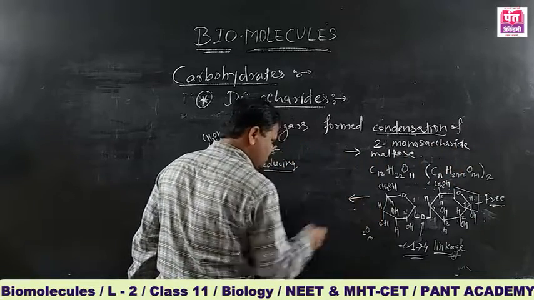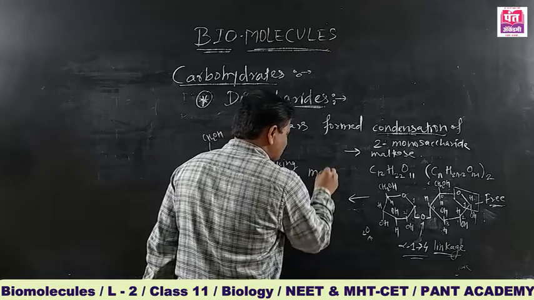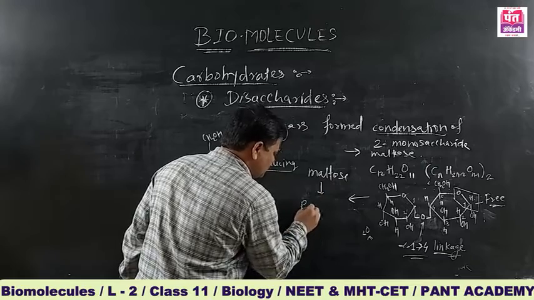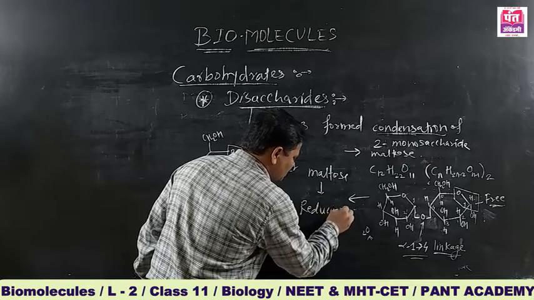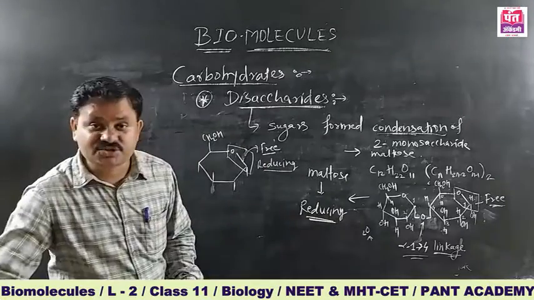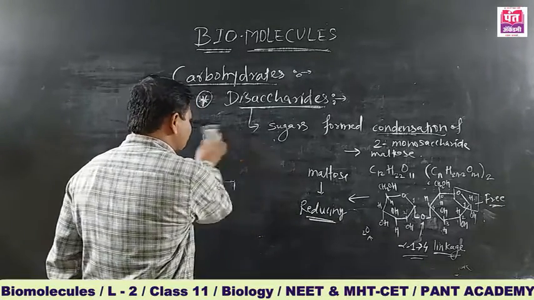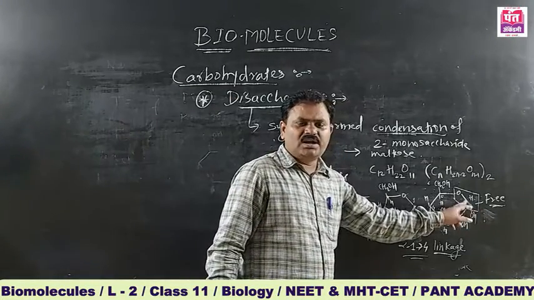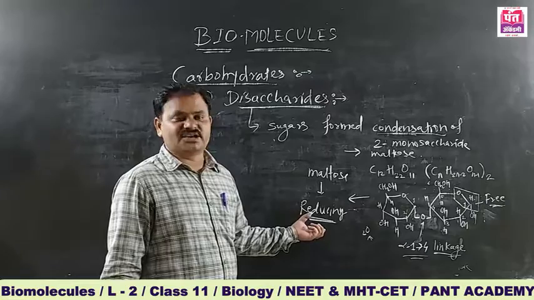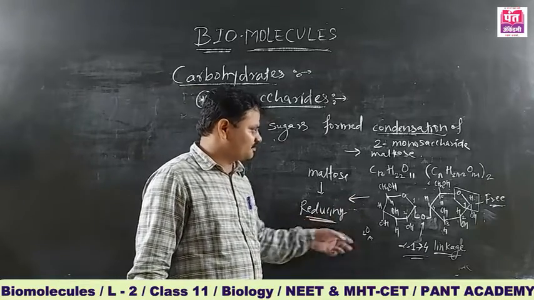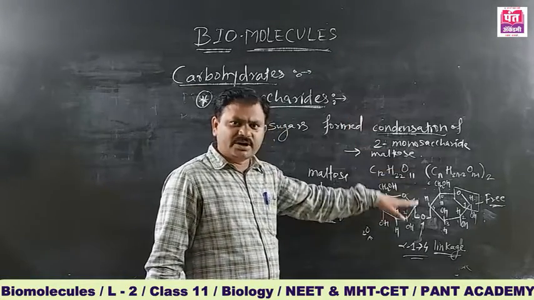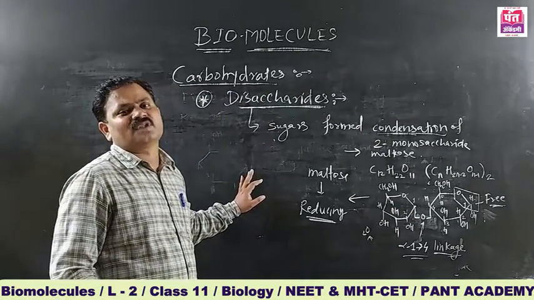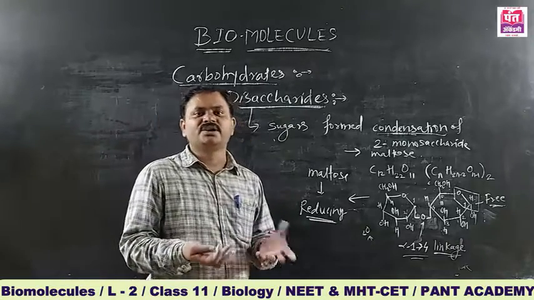This disaccharide, maltose, is a reducing type of sugar. Why is it reducing? Because it contains a free aldehyde group to react with a reagent, and therefore it is a reducing sugar. Among other reducing sugars, you can take the example that lactose is also a reducing sugar because